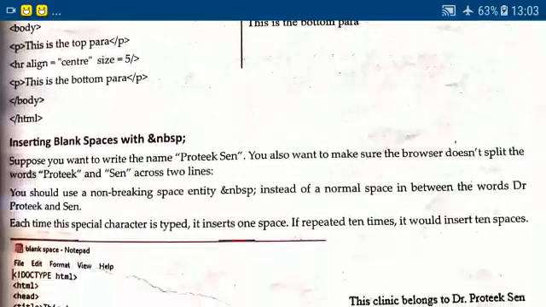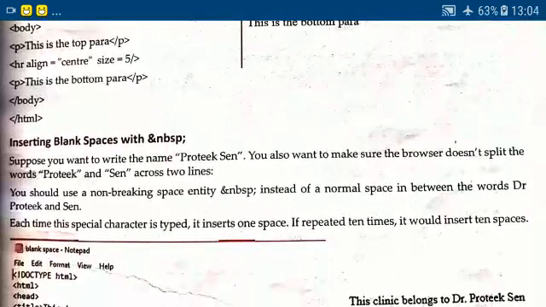Now, inserting blank space with &nbsp; Suppose you want to write a name, any name, like Protic Sen. You also want to make sure the browser does not split the words Protic and Sen across two lines.